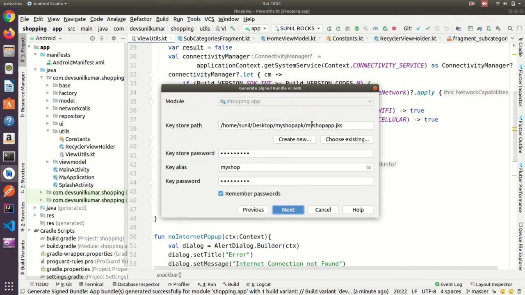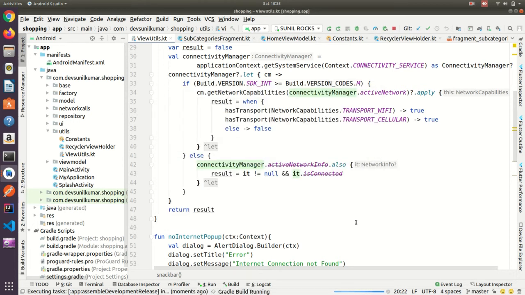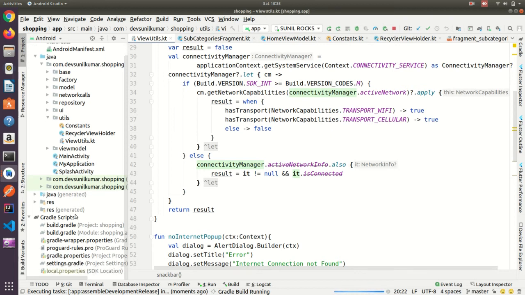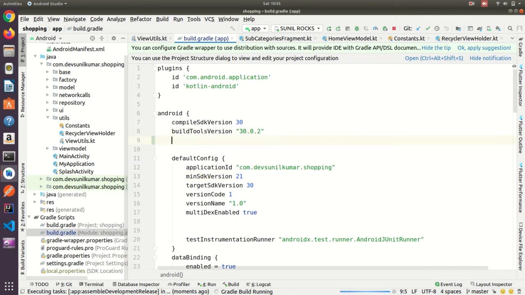Everything is as it is, no need to change. Make sure your password and your JKS file are safe. Always keep them safe. Let me generate this first. Yes, click on these two signature versions, and then it started. For saving the password, you can comment it out here in this file and write the password.